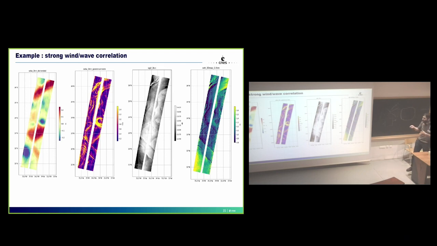So I'll flash through a couple of cases. This is a case where, so this is the SWH field. So this is somewhere in the Gulf Stream. One day where the winds were not very strong. So the SWH here is about 1 meter. And you can see that you have this huge correlation between the SWH field and the sigma naught field, which